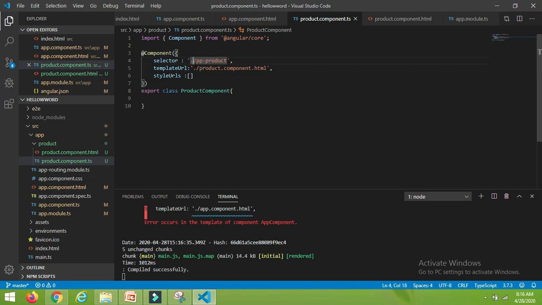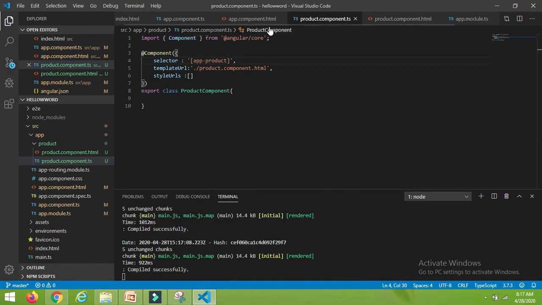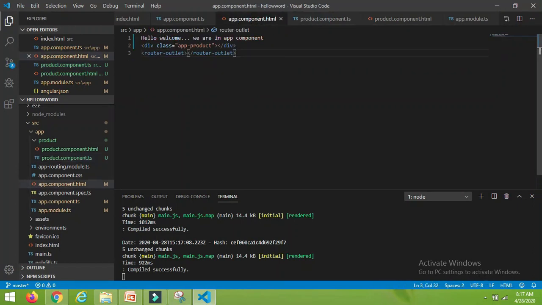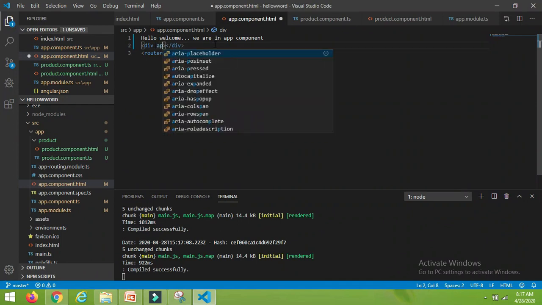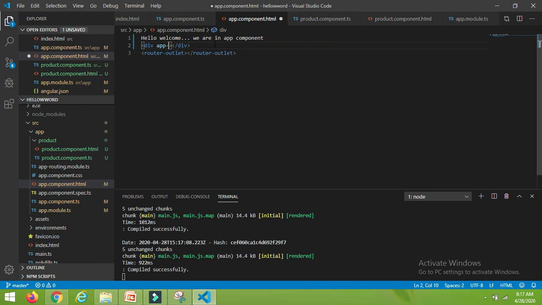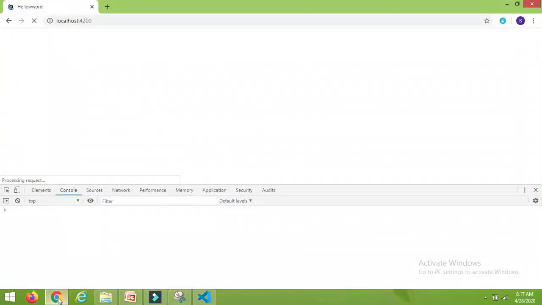To use this selector as an attribute, let's surround it with square brackets. Here I have used it as a class, so instead of class I will simply use it as an attribute, app-product. This is the div tag, and I am using app-product as an attribute of this div. Now let's recheck the UI.